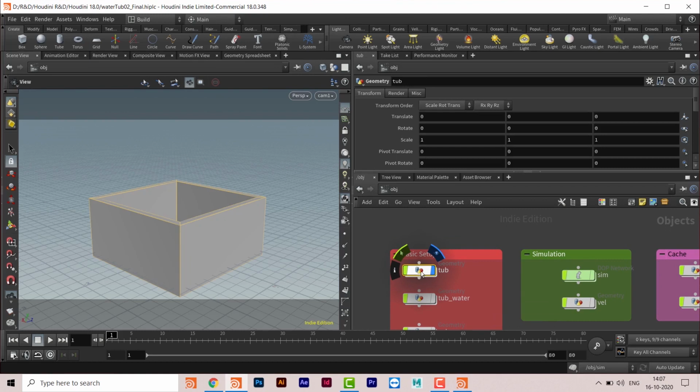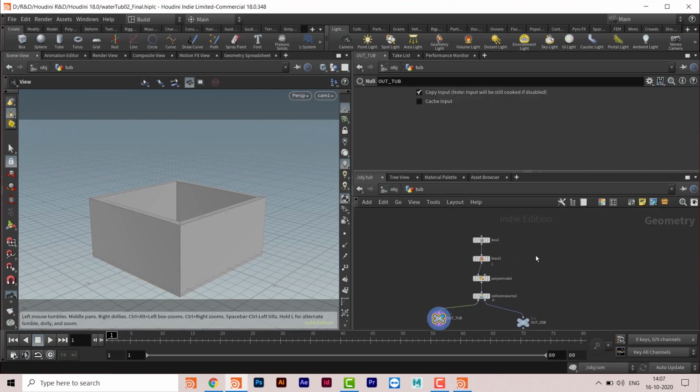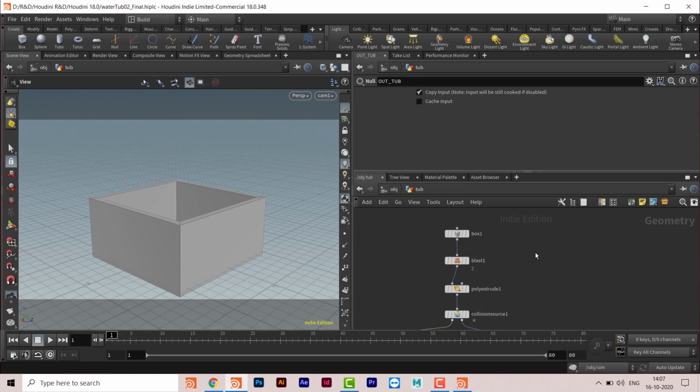Switch on the display flag and get into it. The bodies I have created are very simple, because most of the time I just do the R&D work, and my students finish the rest of the shot. So this is just the R&D part, and that is what I am sharing with all of you.